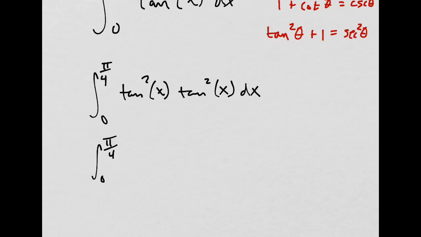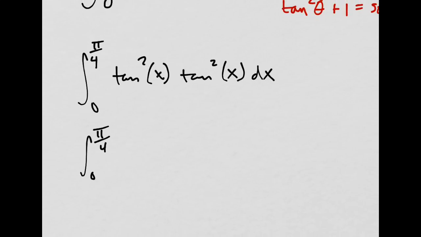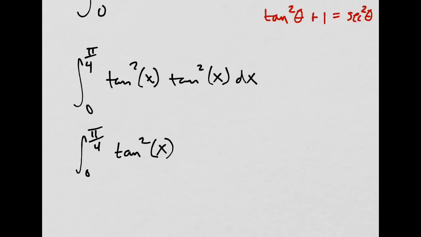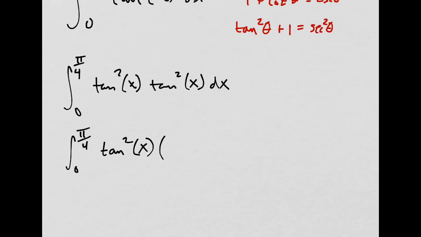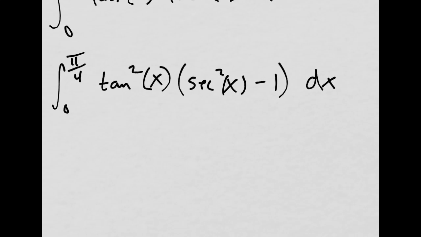So, yeah, I'm just going to continue on what I was doing. I'm going to use this, and I'll change one of them. Why one of them? Well, you'll see in a minute. Usually you do this. This is a trick that you normally do. So this, if I move this over, it'd be secant squared x minus 1 dx. And then we have, well, I know that the derivative of tangent is secant squared, so I can make